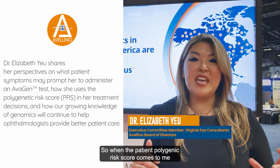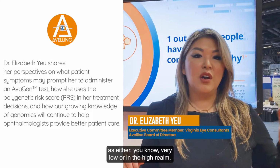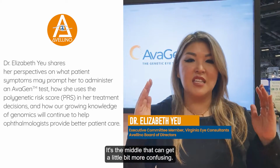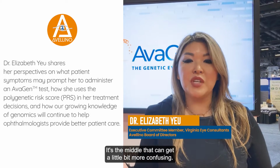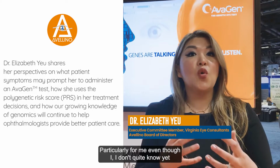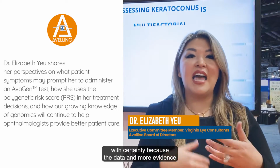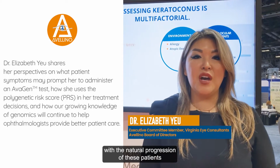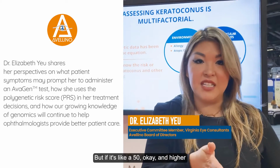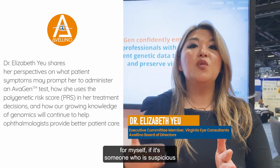So when the patient polygenic risk score comes to me as either very low or in the high realm, okay, that makes it very easy. It's the middle that can get a little bit more confusing, particularly for me, even though I don't quite know yet with certainty because only data and more evidence with the natural progression of these patients will give me a better understanding. But if it's like a 50, okay, and higher, for myself, if it's someone who is suspicious, that